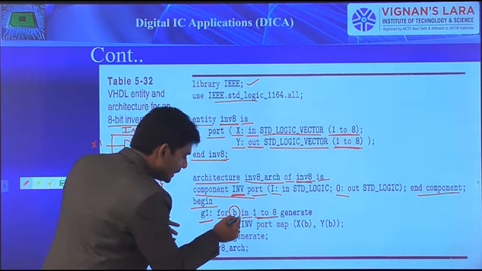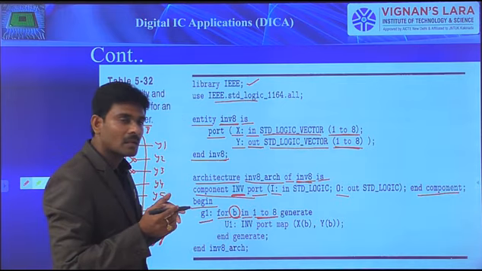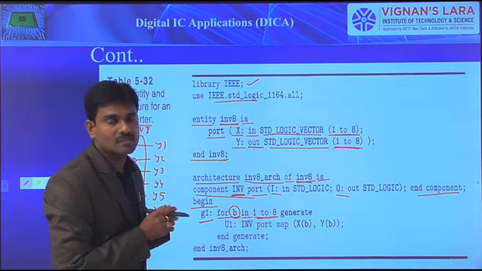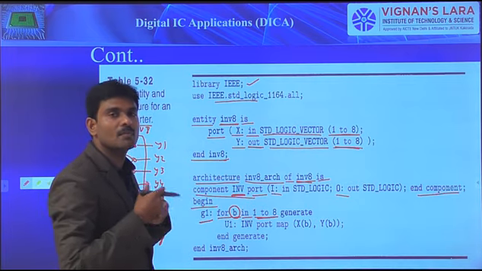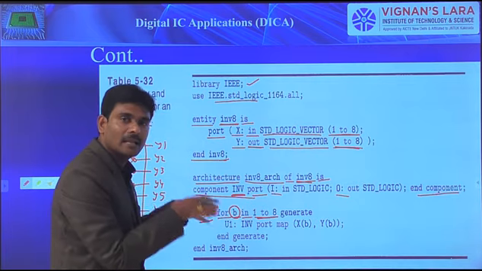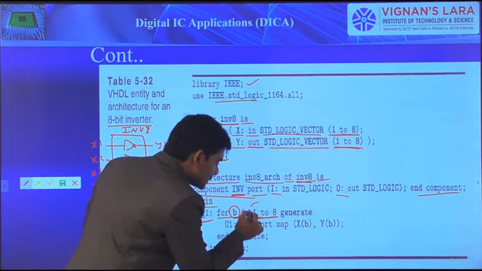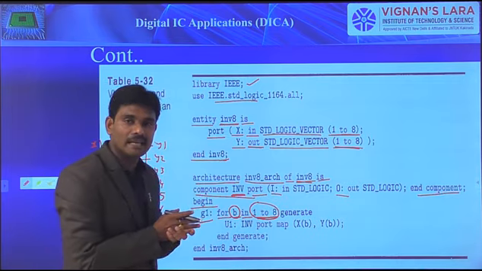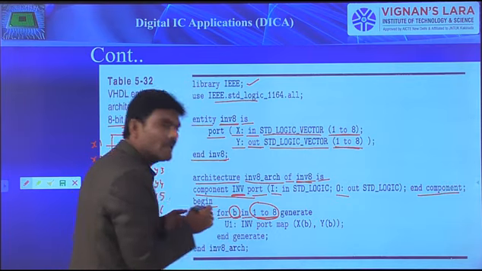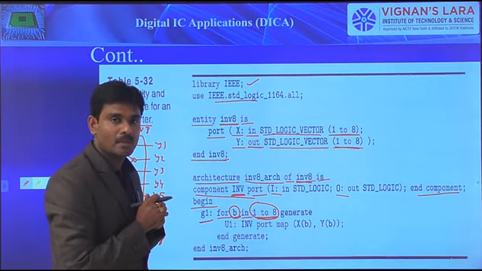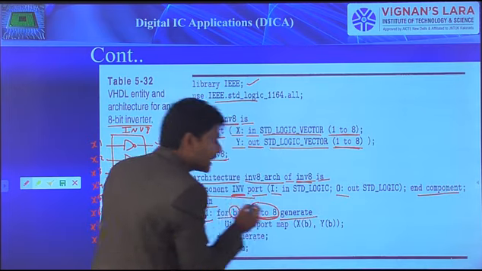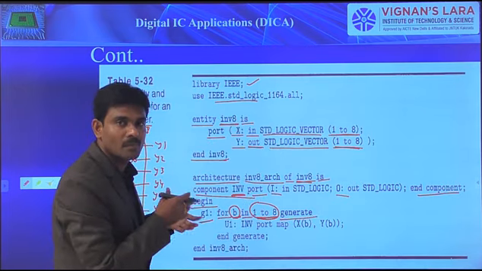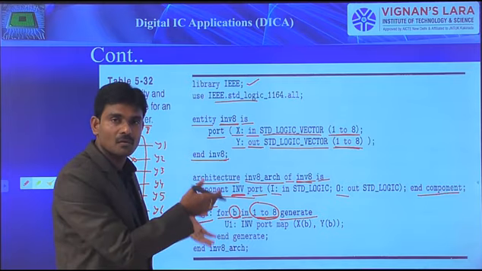There is no need to mention specifically the type of that variable B, which is the identifier. It is declared implicitly based on the type of the range. Because the range 1 to 8 belongs to integer, B belongs to integer type. Next is generate, which is a keyword, the generate of the iterative generate loop itself.